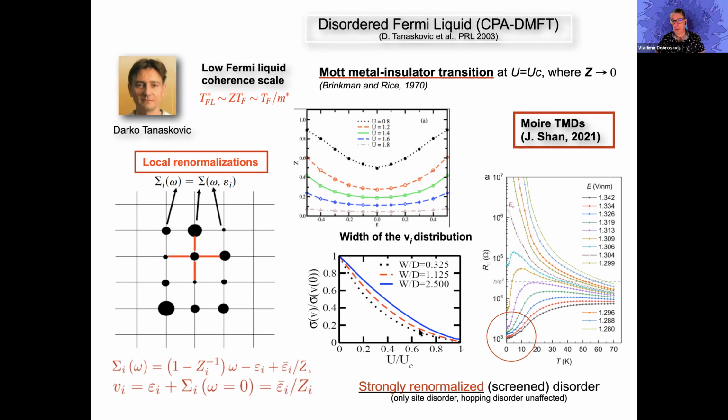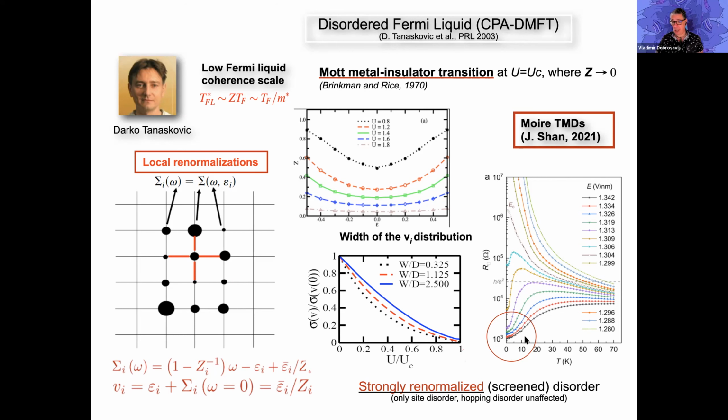This is, again, something completely different from what Anderson anticipated, but is now actually well documented in several materials. For example, in these organic materials, you can see that there's very little variation as you're approaching the transition. The zero temperature resistivity doesn't change that much, but the finite temperature resistivity is dramatically affected. This weak dependence on the distance to the transition at low temperature may be related to this.